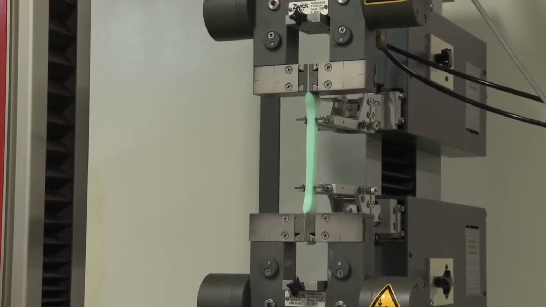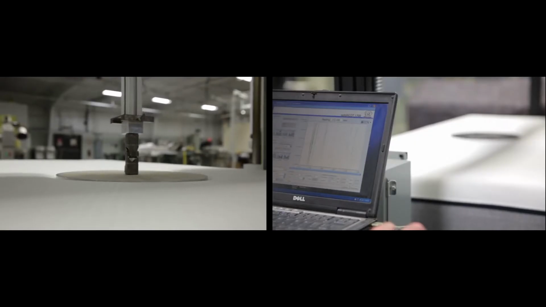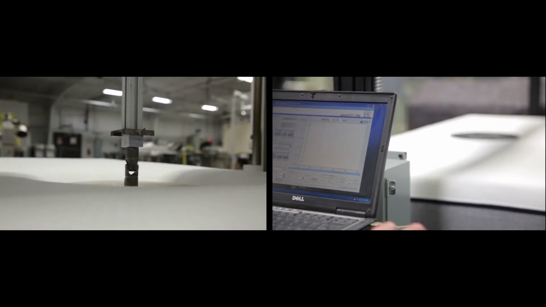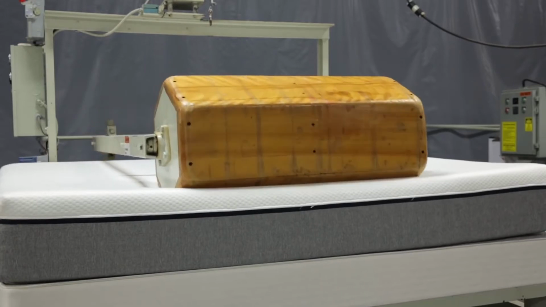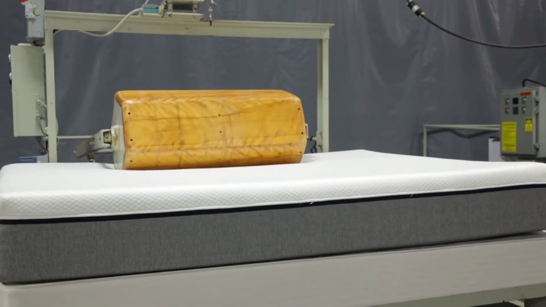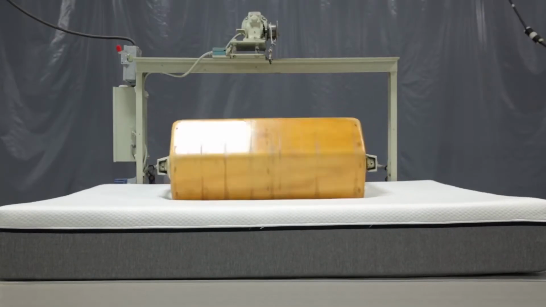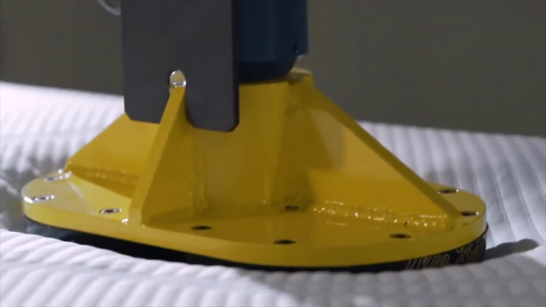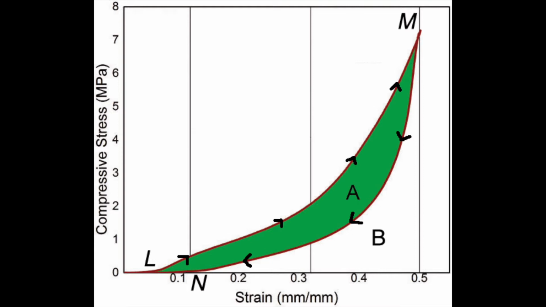Mechanical properties of materials are usually modeled by their stress-strain behavior. As a quantity, elastic hysteresis is the difference between the strain energy required to generate a given stress in a material and the elastic energy of that material at that stress. On this stress-strain graph,